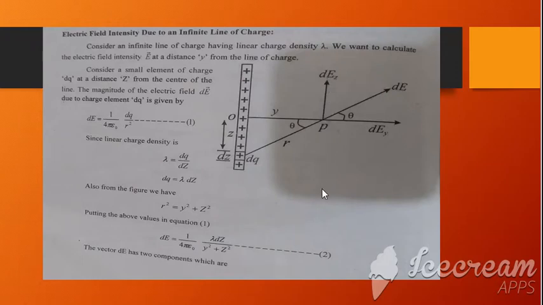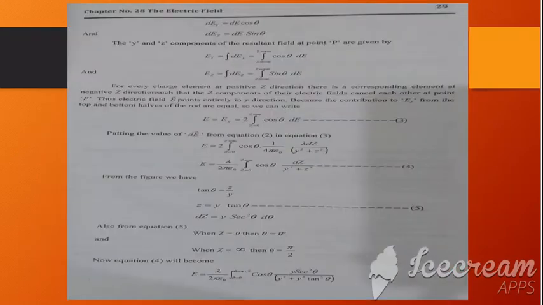Negative, it will be in negative direction. So both positive and negative directions will cancel out each other. So sin theta component will be cancelled, only the cos theta component will retain there. So E is equal to Ey is equal to 2 cos theta into dE. So why is 2 represented here? You can see in this line the electric field E points entirely in the y direction because the contribution to E from the top and the bottom halves of the rod are equal.